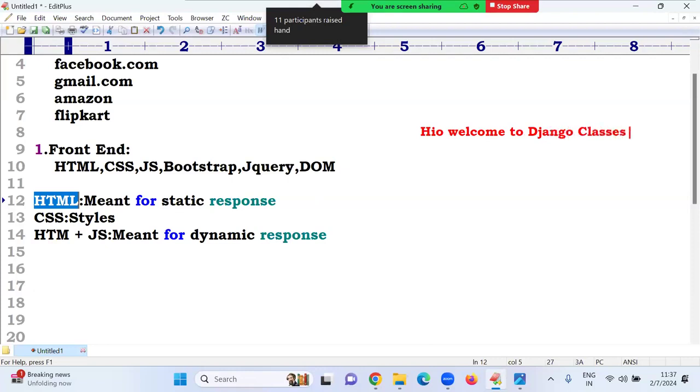To print only this line to everyone in the browser, HTML is enough. You can start the HTML tag, H1 tag, write hi, welcome to Django classes, and it will be displayed automatically. Now, sir, along with this I want to display the current date and time.